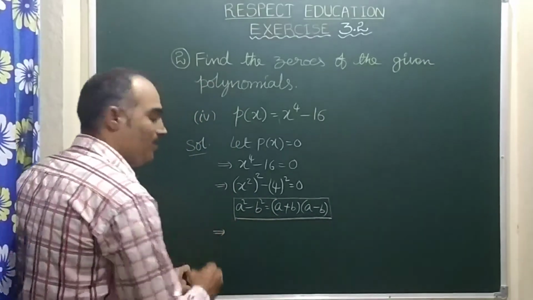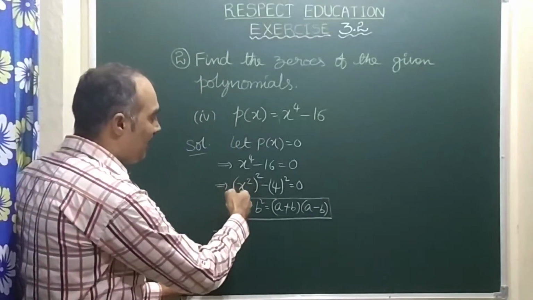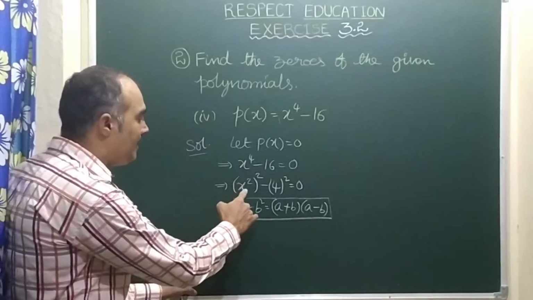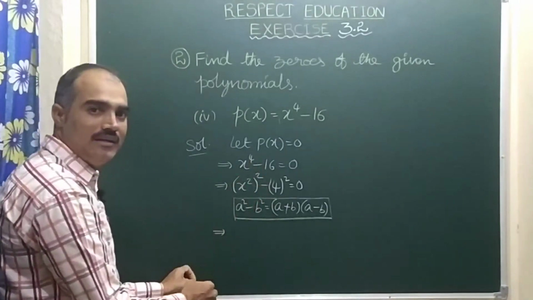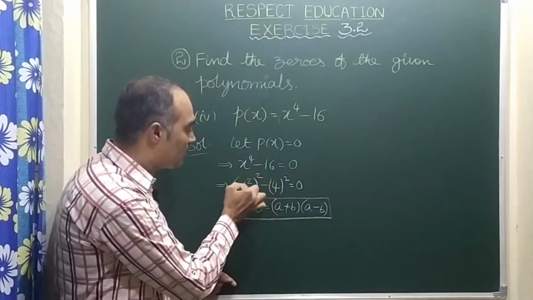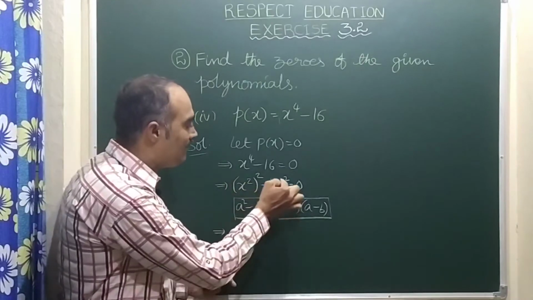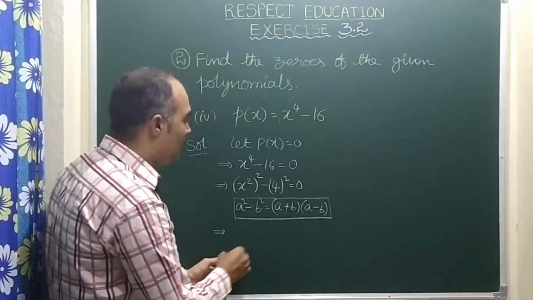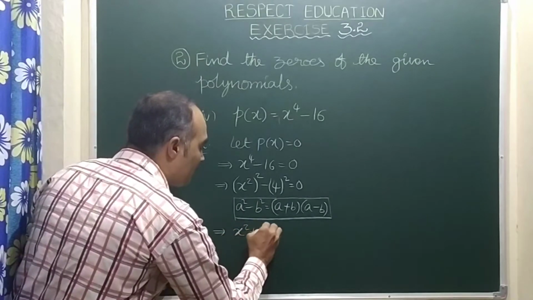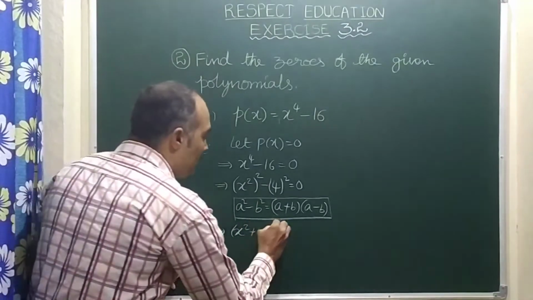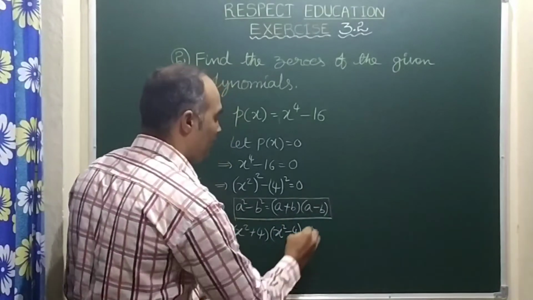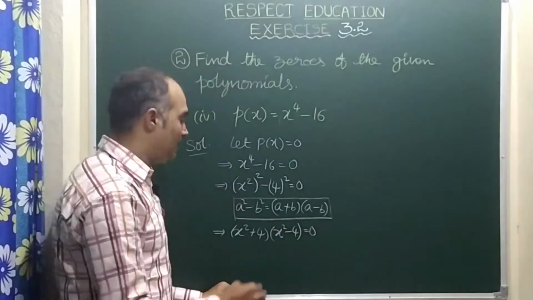you just compare x square with a. So a is x square, then only a square means (x square) whole square. See here, inside this bracket what is that? That full you take as a. So a equal to x square. Same b equal to 4, right? Now here you write a plus b, a means x square, plus 4. A plus b into a minus b, x square minus 4 equal to 0. Right?